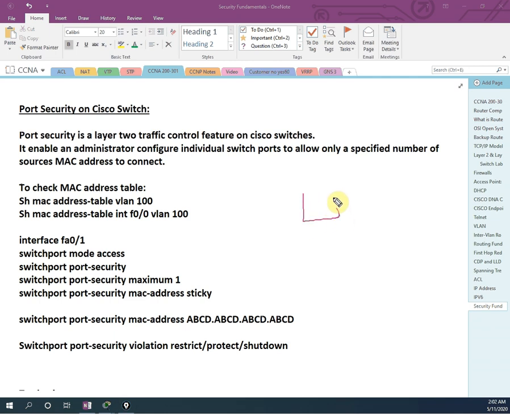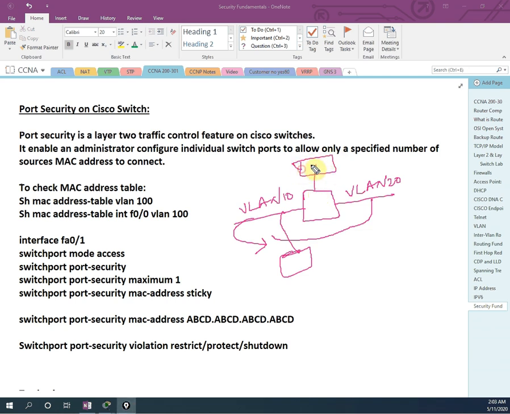Let me draw neatly so you will understand. For example, I have one switch. This port is VLAN 10, this port is VLAN 10, and this port is VLAN 20. This guy is not available, office timing is finished and he went home. So another guy will come to his desk, take this cable and put it in his laptop, and automatically he is able to access VLAN 10. And here we have the payroll server. Our salaries are on this server. This server is in VLAN 10, so he can access the VLAN 10 network, all the secret details we have.